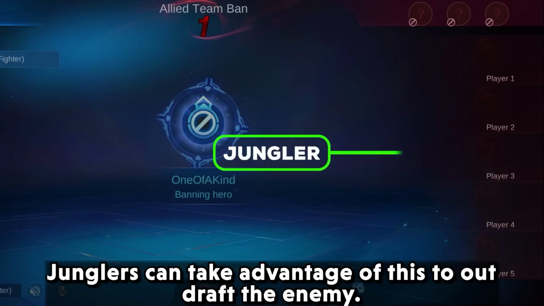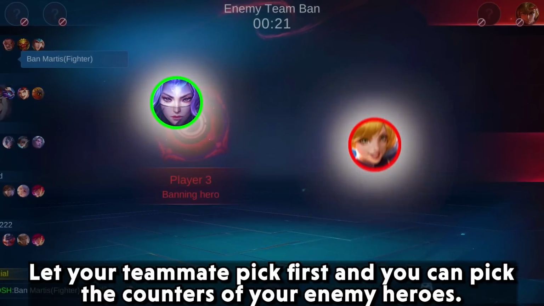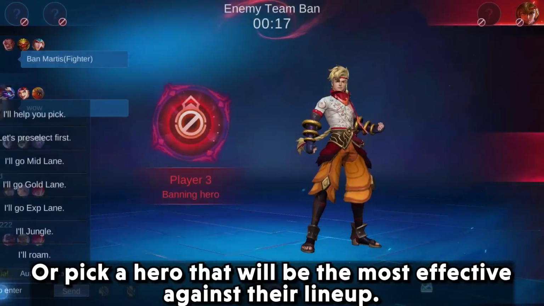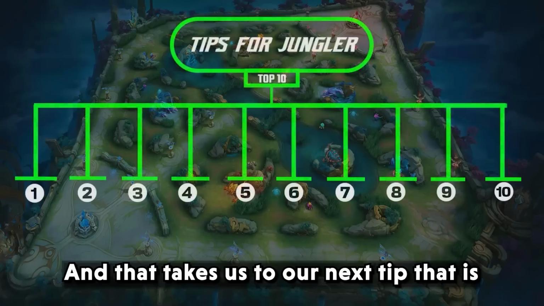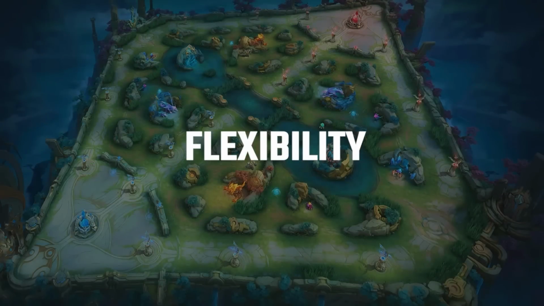Jungler can take advantage of this to outdraft the enemy. Let your teammate pick first, and you can pick the counters of your enemy heroes, or pick a hero that will be the most effective against their lineup. And that takes us to our next step, which is flexibility in playing any heroes that can be effective in